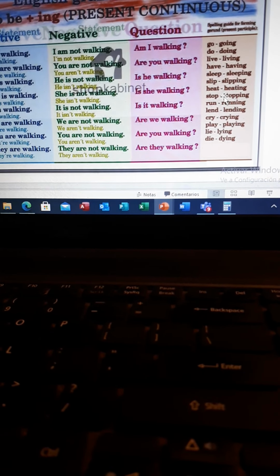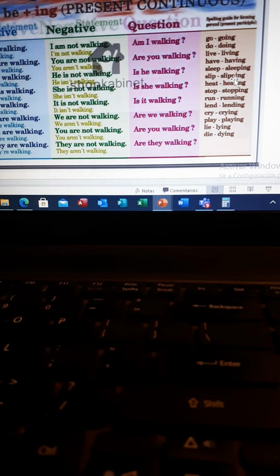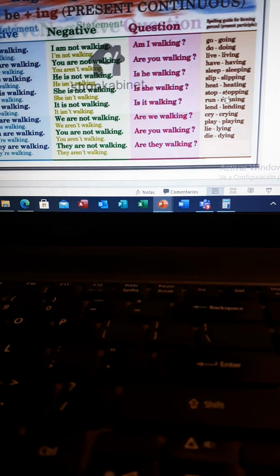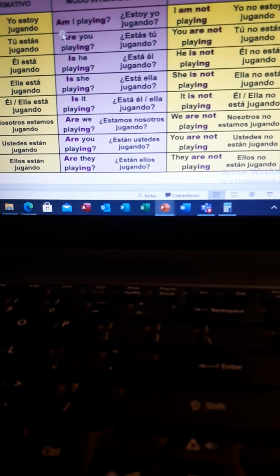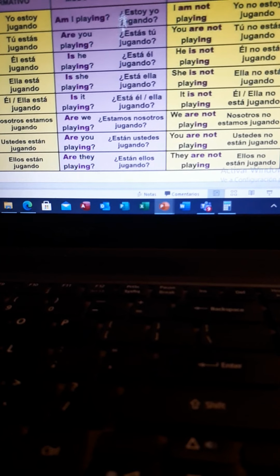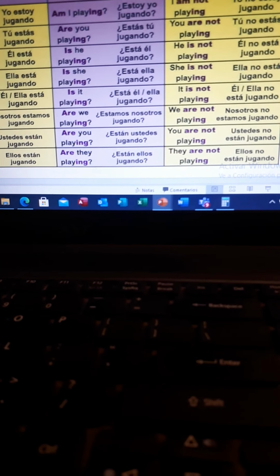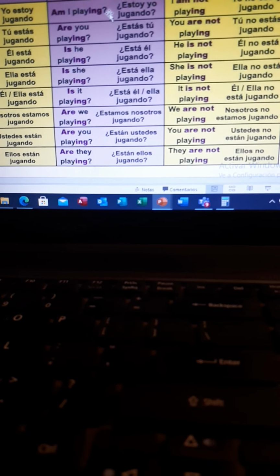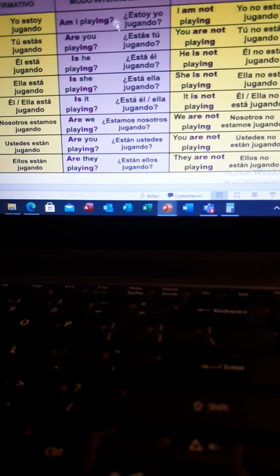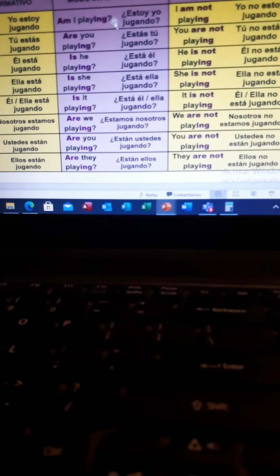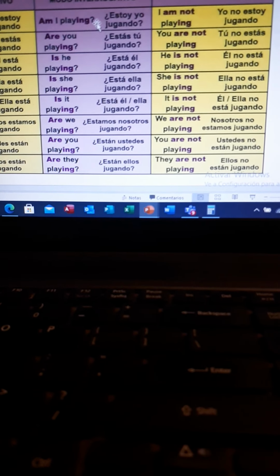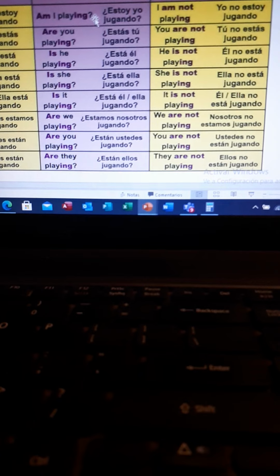you have to pay attention so you can see how you are going to add the ing, okay. And here are more examples, okay, in Spanish, okay, affirmative, negative, and the question, okay. So you can practice more, okay. So the only thing that you have to do is to pay attention to whether it is a positive situation, a negative situation, if it is a question, if it is a WH question, okay, and if it is a full